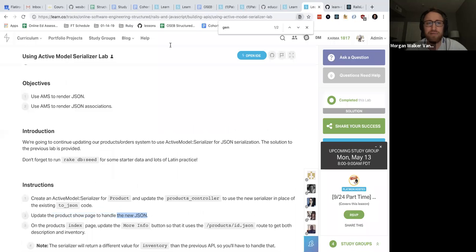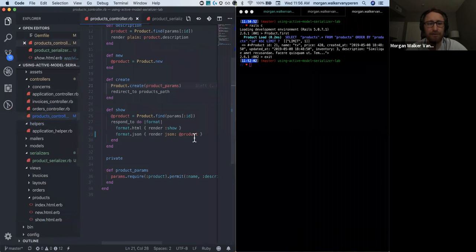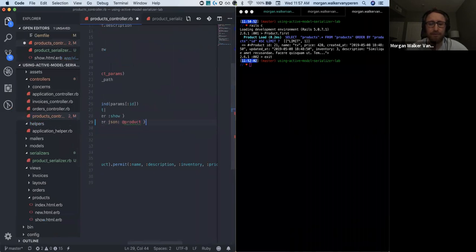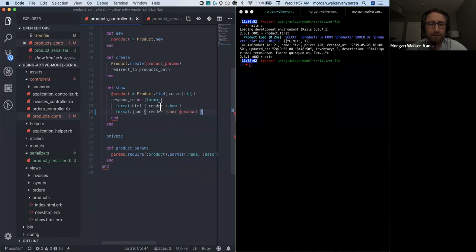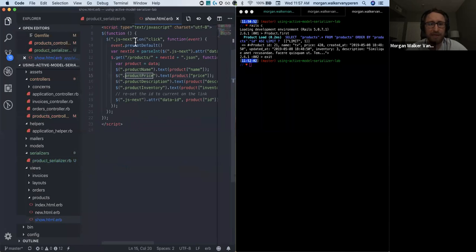Because when I made the change in my controller to just do this instead of this, I'm still rendering the same JSON I was before. I'm just using the serializer. So from the show page, I feel like nothing actually needs to change. Maybe the test will tell me different, but